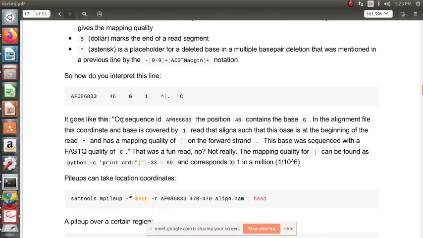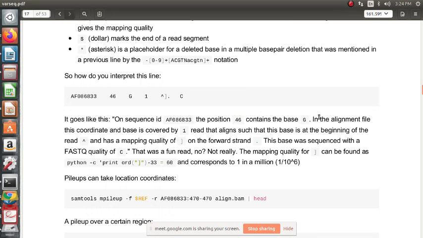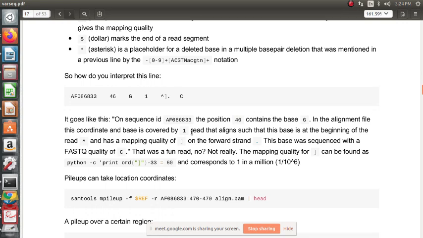It goes like this: on sequence ID AF08866833, position 46 contains the base G, the reference base. In the alignment file, this coordinate base is covered by one read. Yes, so that is the coverage depth. One read covers this, and it aligns such that this base, that is base G at position 46, is at the beginning of the